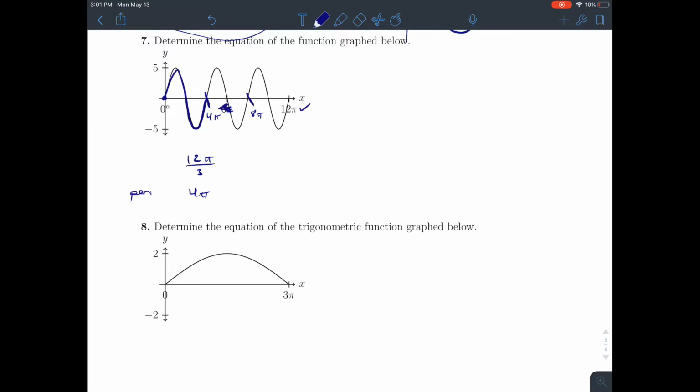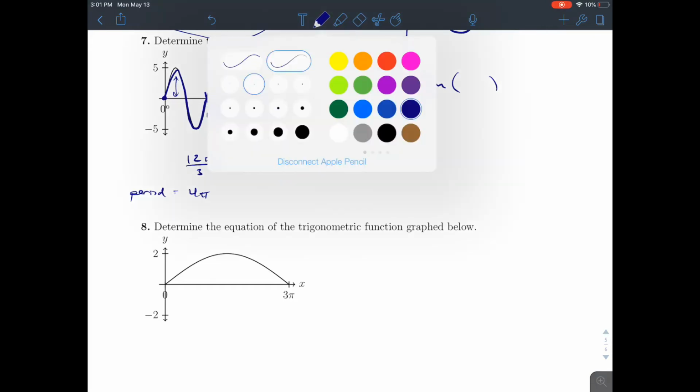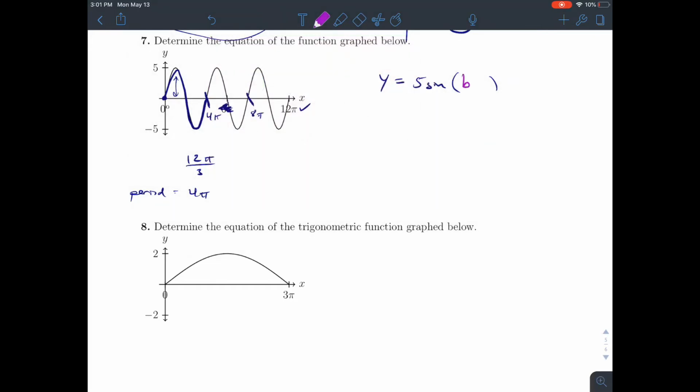All right, so since the period is 4 pi, we can now find the equation of our wave. So since this is a sine wave, we've got y equals, the amplitude is 5, sine, and I'm leaving a blank here. There's no vertical translation, but the reason why I'm leaving a blank is since the period is not 2 pi, we'll have to have a b value there. And to calculate that b value, what we do is we say, when we plug in 4 pi to the inside,